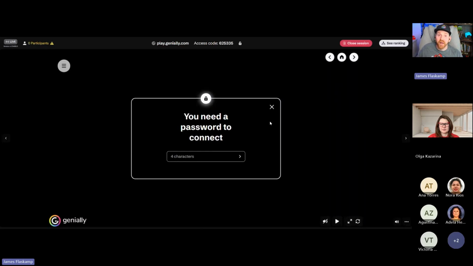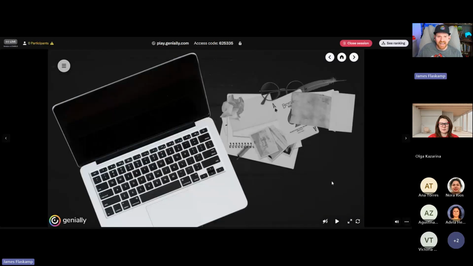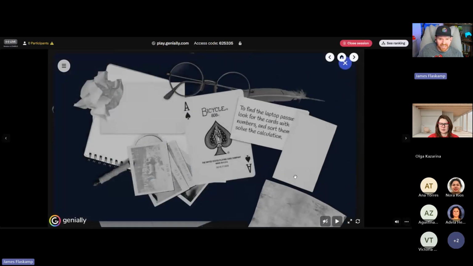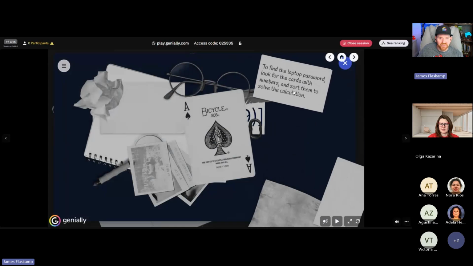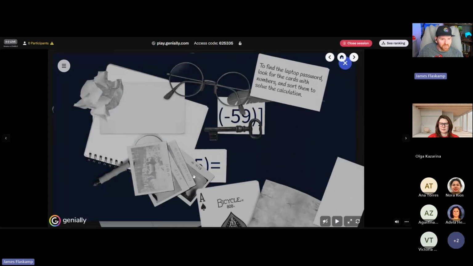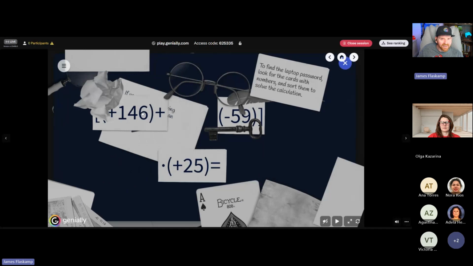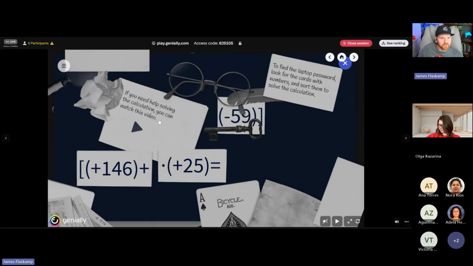I sense another math problem coming on. So we'll close this out. And hey, there's a conspicuous looking pile of stuff over here on the right-hand side. So let me click on this. And here's our drag and drop functionality again, being used in the digital escape room. So let's move all this stuff out of the way. And okay, so to find the laptop password, we need to look for cards with numbers.